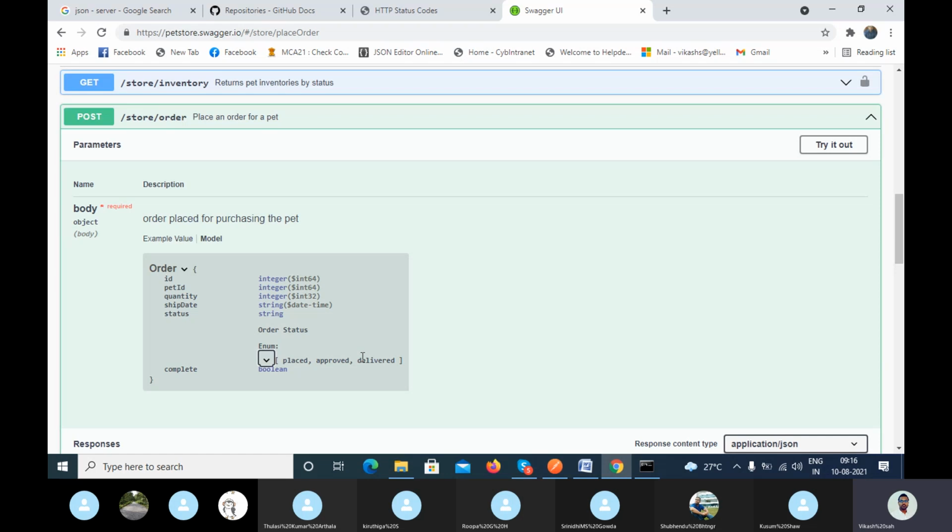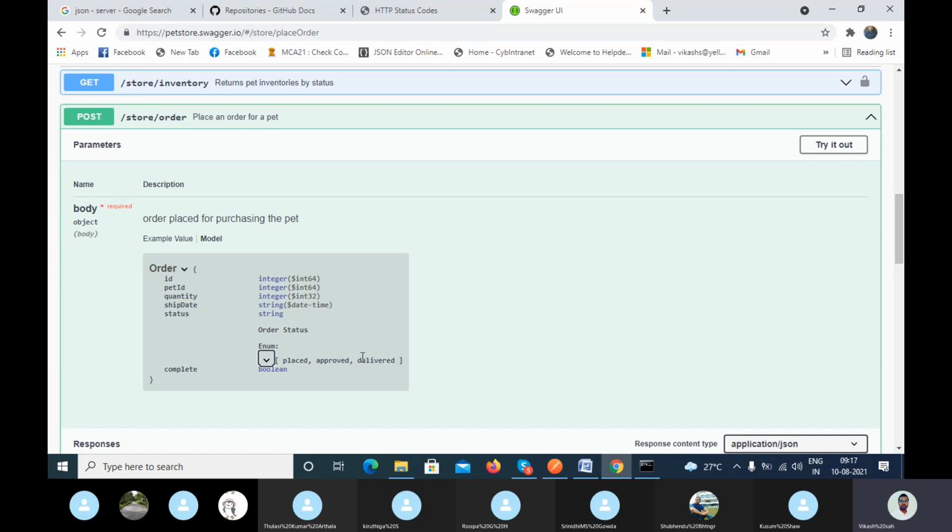But you are the tester, you always try to break things. So instead of the three enum values, you pass some other value which is not part of your requirement. That means you are not mapping the things correctly. Agree or not, guys?